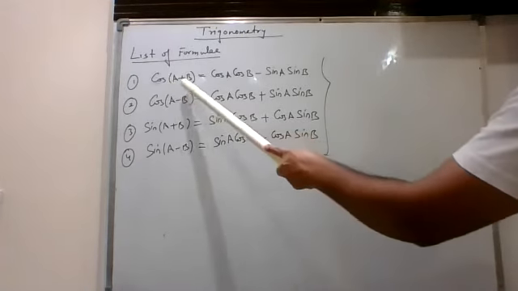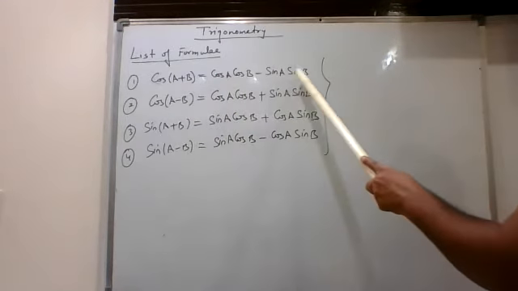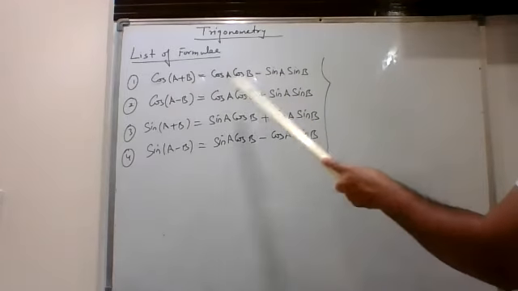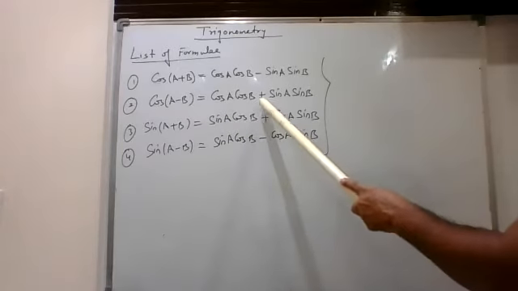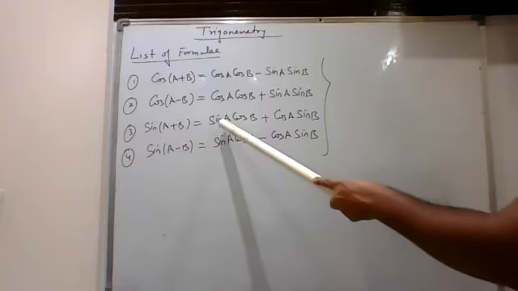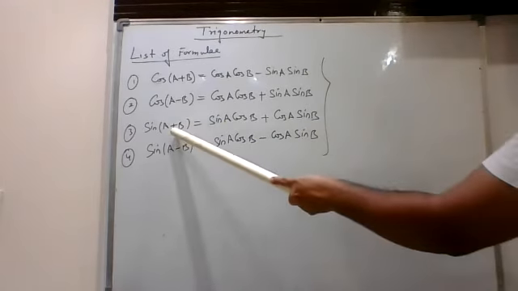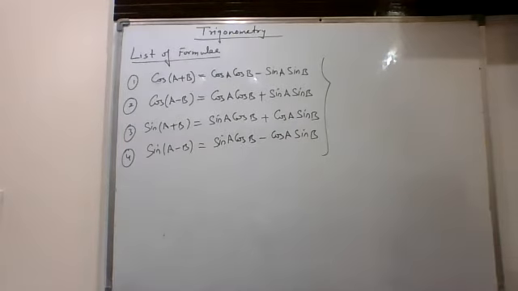Whenever we have cos(A+B) or cos(A−B), it is cos A cos B and sin A sin B together. So when it is a plus sign in between on the left, you write a minus sign, and when it is a minus sign, you write a positive sign in between. Now for sin(A+B) and sin(A−B), you write sin A cos B, then cos A sin B, and you preserve the plus as it is and the minus as it is. Now, based on these four formulas, first of all, let us discuss some questions.